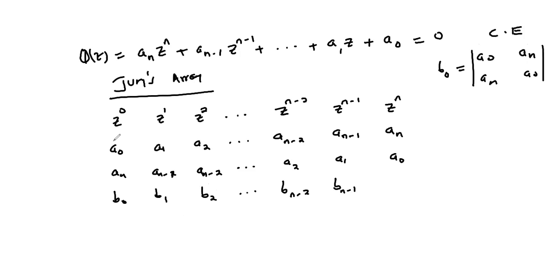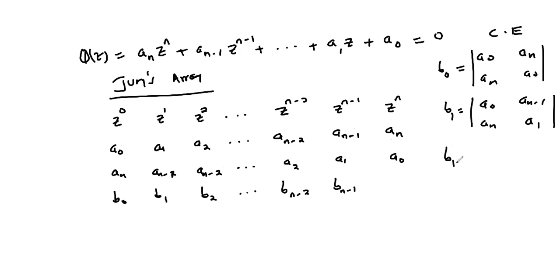So we take the first terms of the first two rows and the last terms of the first two rows. b_1 will be given by the determinant of a_0, a_n, and the second last terms a_(n-1), a_1, from which then we can obtain any b_k term